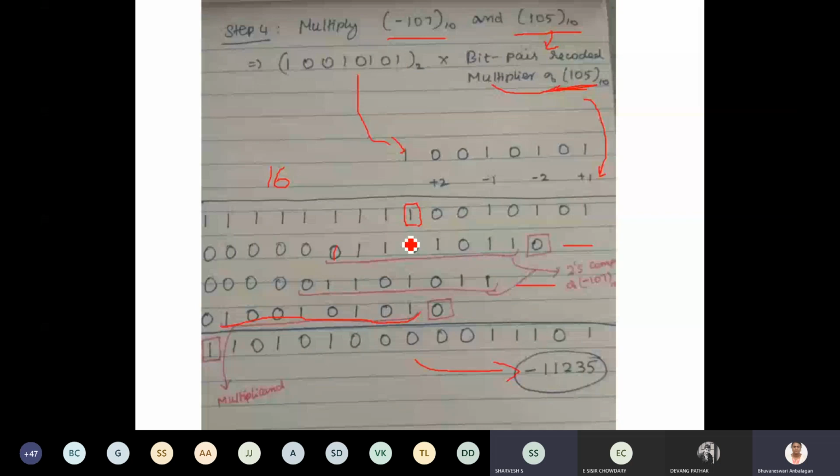One more thing. Here, for the +2, when we're multiplying with +2, we got a 1 only at last, the same last digit. Then you have to write even 1 to the left side, right? Okay, so I will just check it over here and I will tell you. I think you have to write 1 only. I think they have given it as 1. So what will happen is it will become 0 and it will become 1. Again, if you are taking the 2's complement, you just consider 1, it is 8.